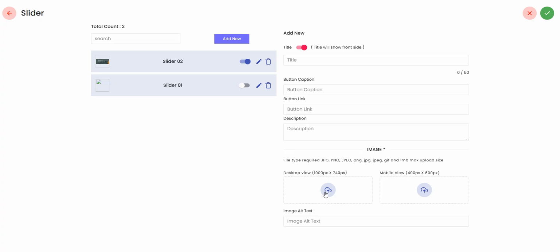Then after, there are two kinds of images you need to update in a particular slider. First is desktop view and second is mobile view. Both the sizes are different, so you need to create two different slider images. One is 1900 pixels by 740 pixels and the second image is 400 pixels by 600 pixels. As per your requirement, you need to create two kinds of slider images to show a proper responsive view on mobile and desktop. After adding all the details, you need to click the submit button,